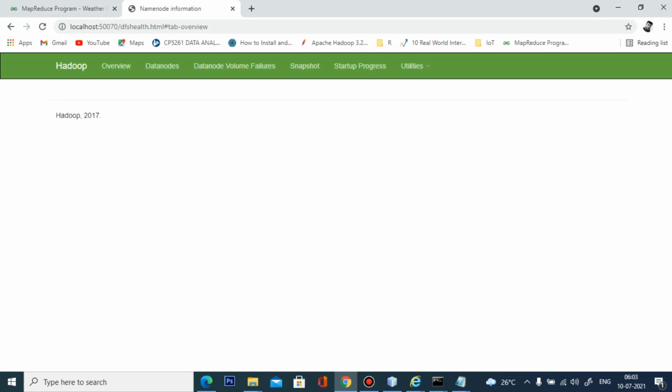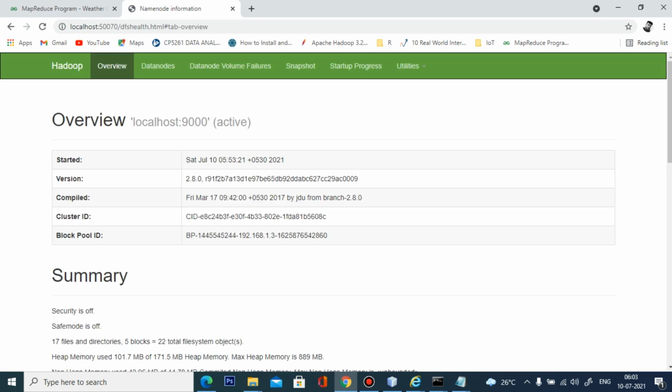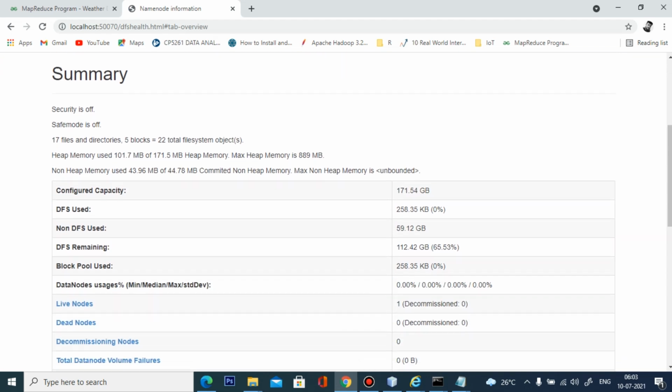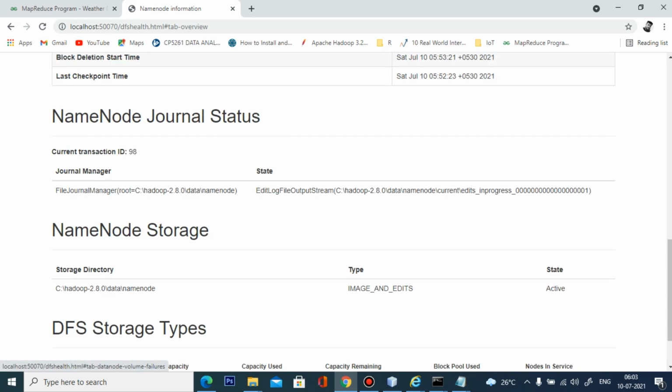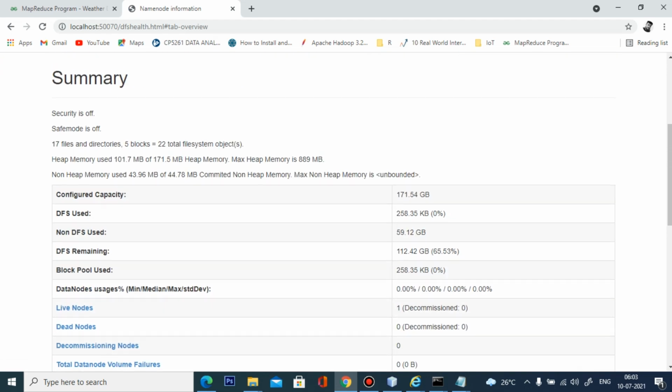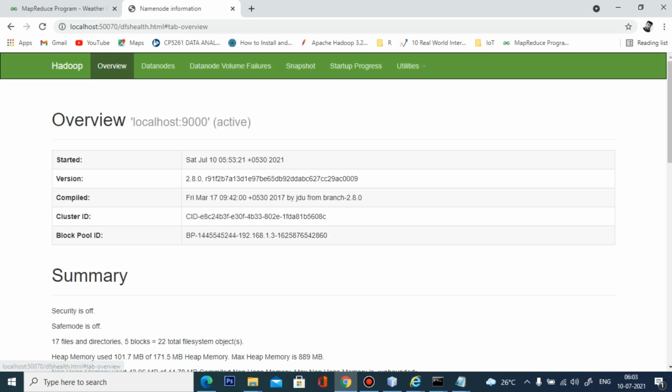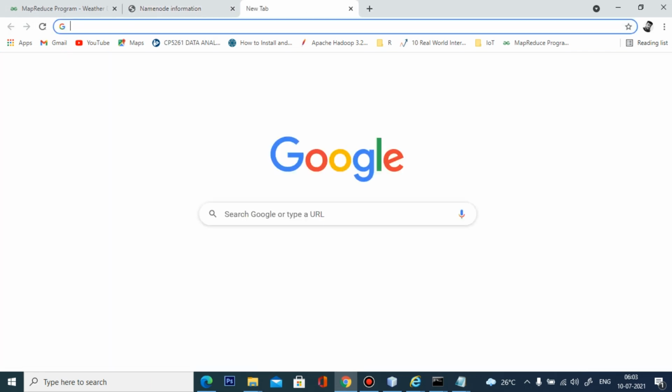This is your Hadoop administration, and this will show you the summary of your Hadoop implementation. The name node, journal, and all the information will be available in this host.